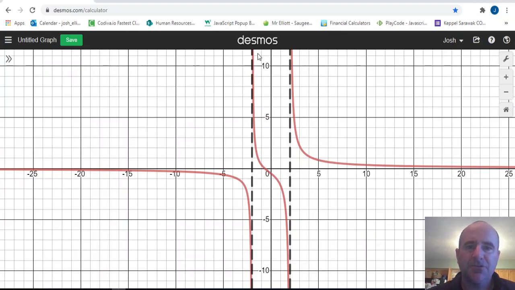Now, notice that something interesting does happen here, that this starts as a smiley face or half a smiley face. That's called concave up. And then somewhere in here, it changes from concave up to concave down, or half a frowny face. And it has to approach the asymptote like that. So when it approaches this asymptote, it's got to curve that way. But to approach this asymptote, it has to change its curvature so that it can continue to approach the asymptote without hitting it. Now, it sure looks like in this graph that happens right at 0 and negative 0.5.